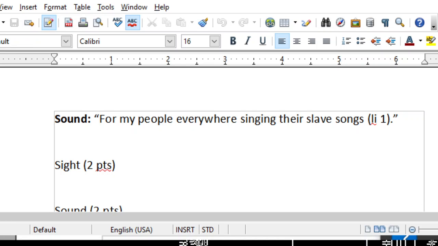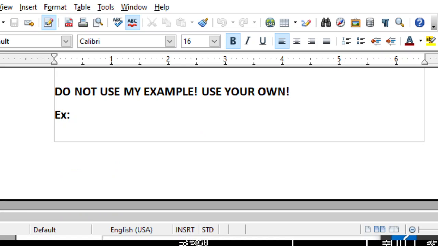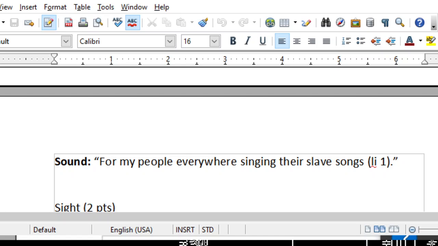Here is my example. I chose sound. Do not use my example. Use your own. Please do not plagiarize. Do not use my example. Use your own. So I went to the poem For My People by Margaret Walker, and I found a line